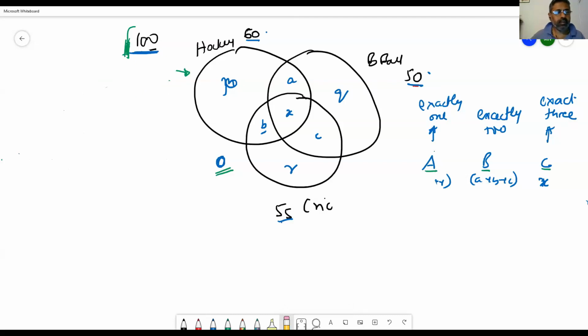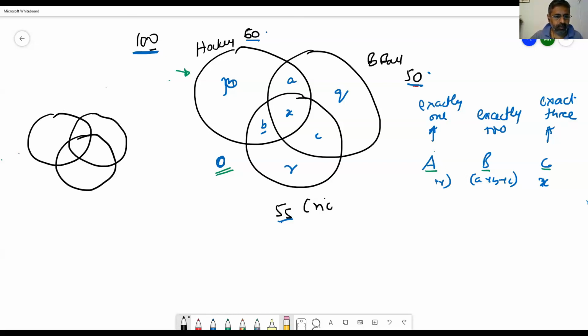What is the maximum number of people who did at least one? That means you're asking what is A union B union C, isn't it? What is the minimum for A union B union C? What is the maximum for A union B union C? Okay, so that we can do. Probably that is easy. We'll just try doing that. What is the maximum for A union B union C? It's always 100. A union B union C is what? At least one. Okay, 100 is the max. I'm talking about at least one. This is easy to get. Max is 100. You have seen that case.